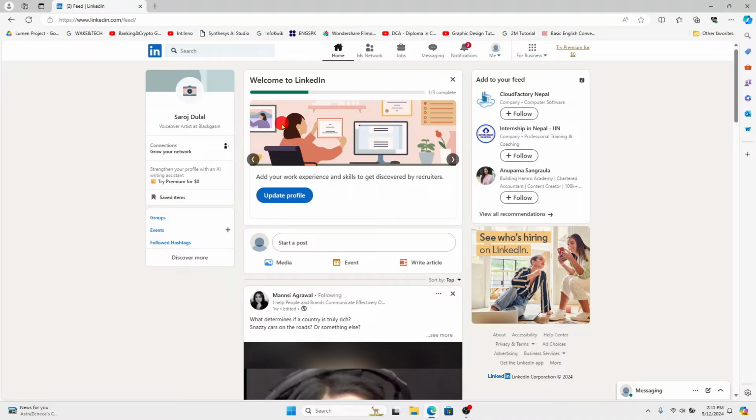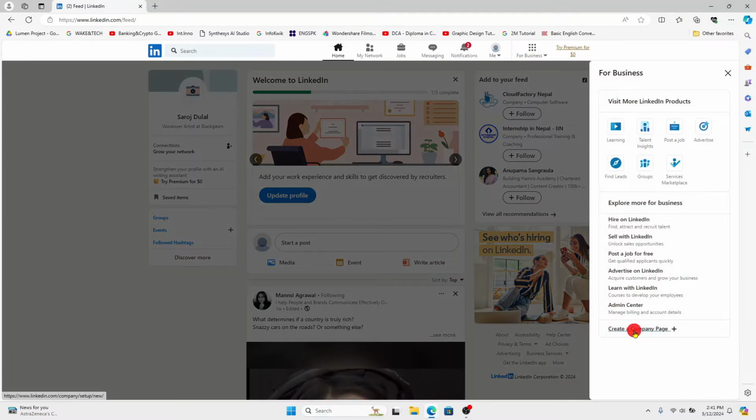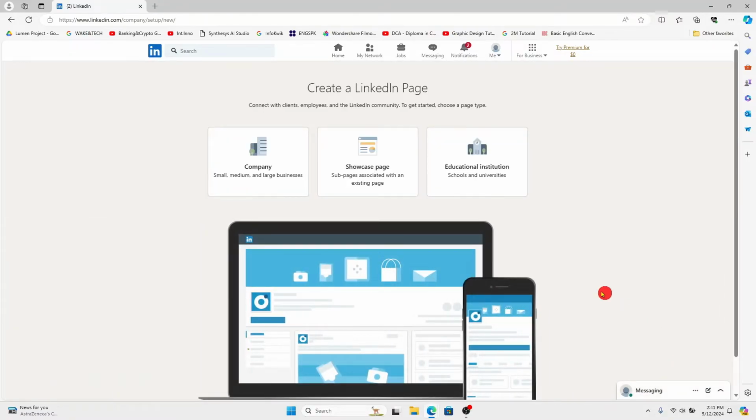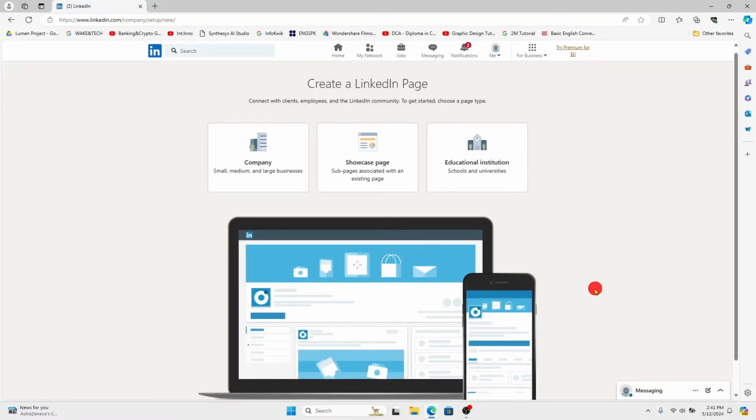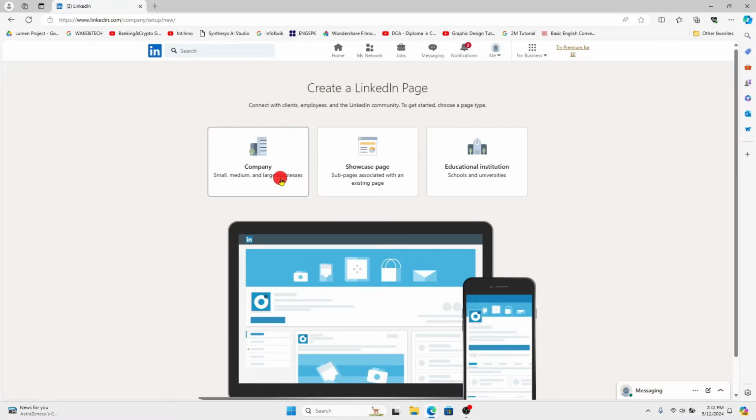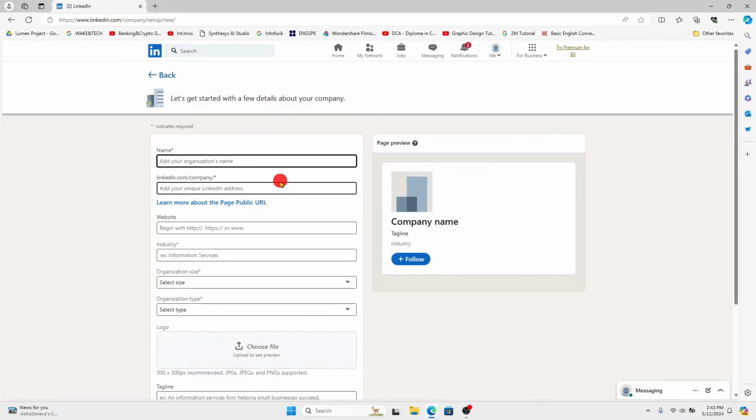Now, if you wish to create a business page, click on the For Business option at the top right corner and you will see Create a Company Page option at the bottom. Go ahead and click on it and you will now be allowed to create a page for your company. Click on the type of page, which is a company page,